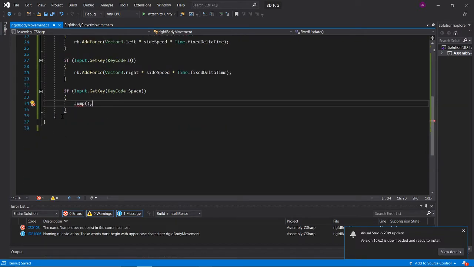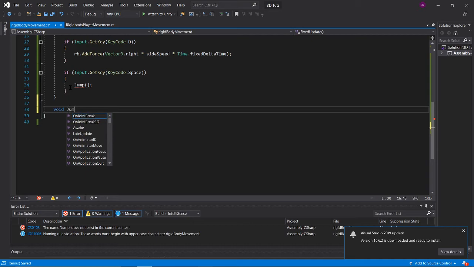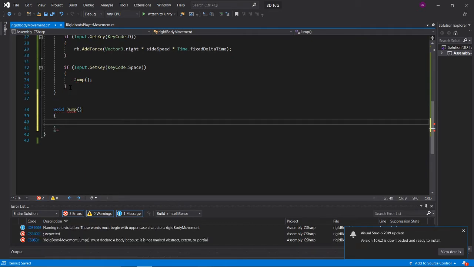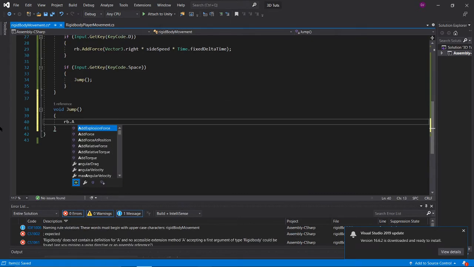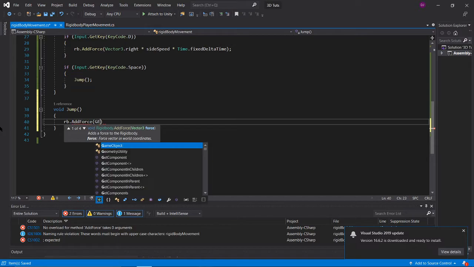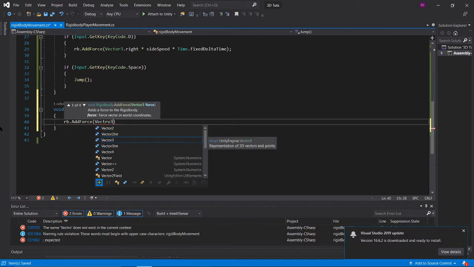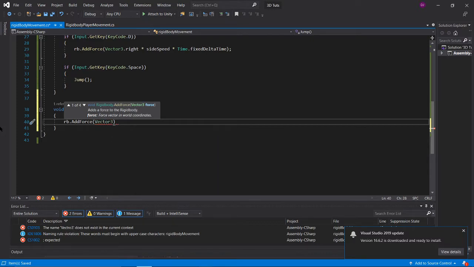Let's create that function over here, void Jump. So we'll do rb.AddForce(Vector3.up) multiplied by